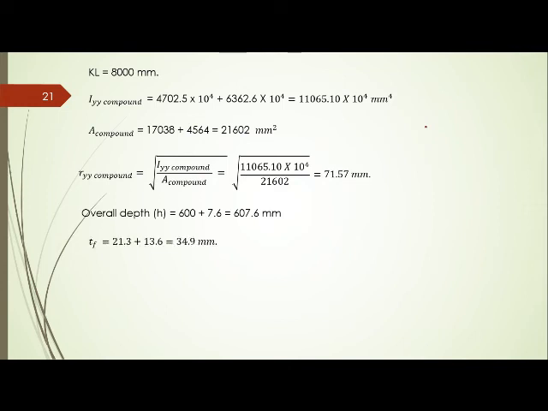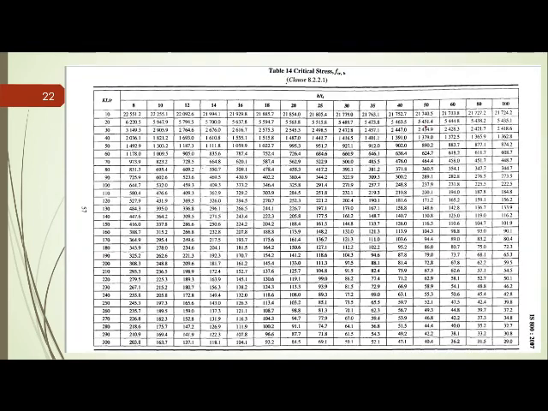So it's coming as 607.6. Now the thickness of the flange, we have added the thickness of the ISWB flange and the web thickness of the ISMC cap channel. So the H by tF is coming as 16.03. KL by R is coming as 111.77. Now we have gone to the table, page 57 of IS 800 2007, table 14. So the KL by R value is 111. So we have referred to this column, this row, and for 16 point something we may go for 16 approximately.